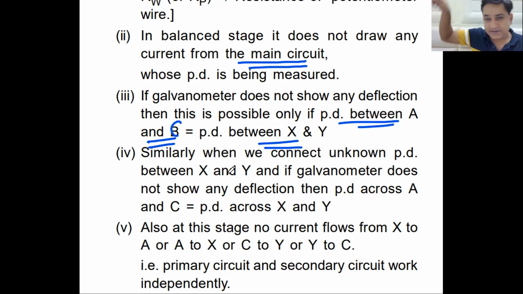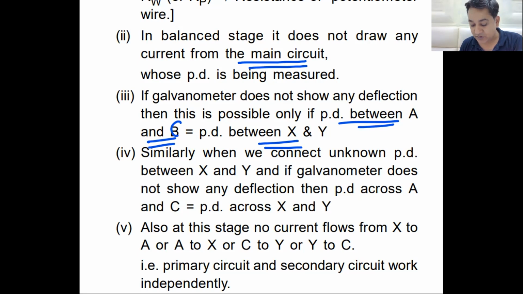So whatever happens in the primary circuit will not affect the secondary circuit when it reaches the balanced state, because there will be no current drawn from the battery, because the potential difference between A and C and X and Y would be zero. Do we understand this? Yes, sir. So this is the basic functioning of